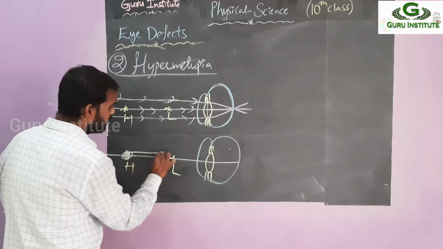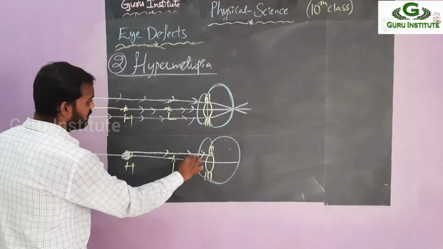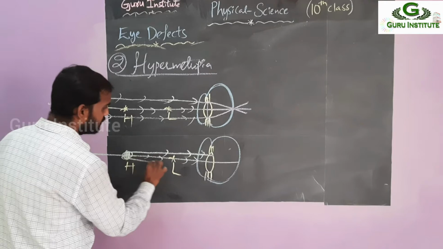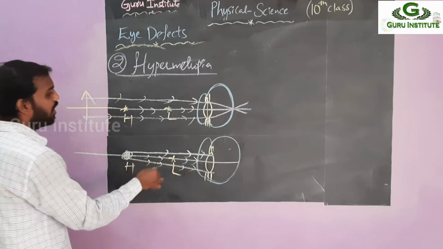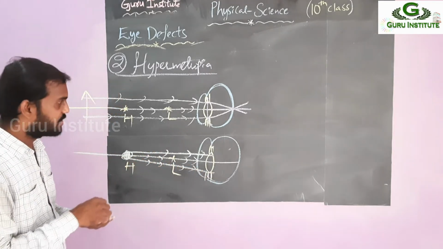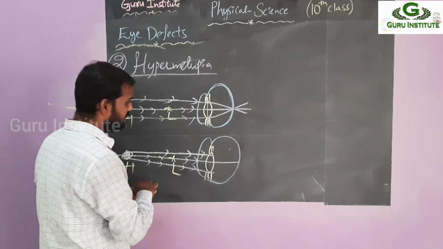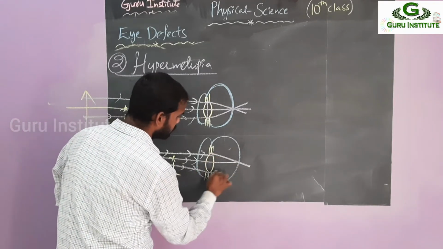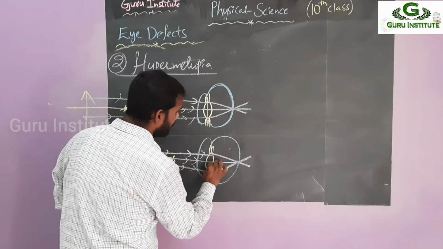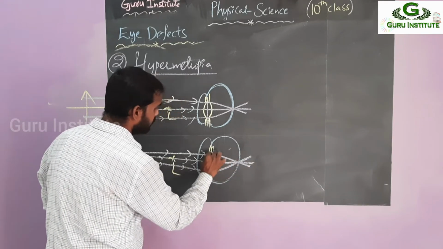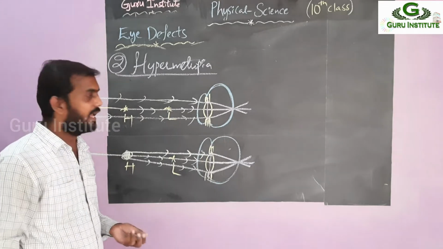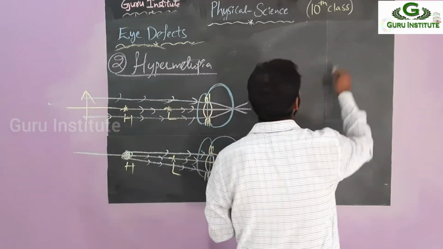Then what will happen? Just see. From H only. First straight, the second one is the principal axis, and this is the third one. Then after refraction, what will happen? We can see, just see here. So it should be happening like this. Okay, right. Next, another picture, same to same.